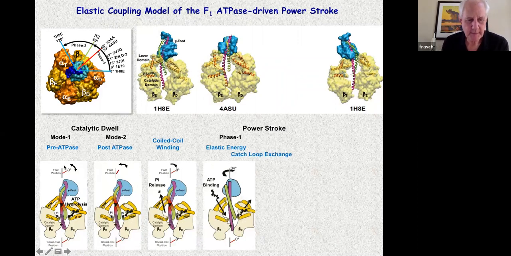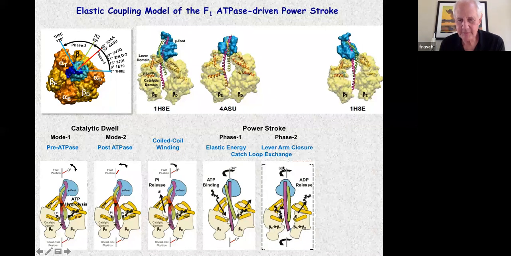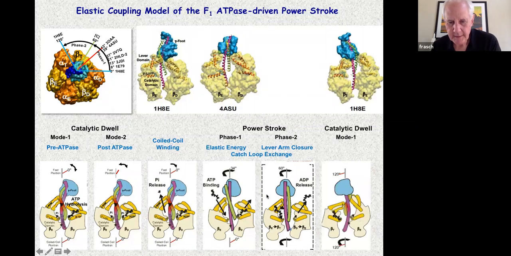sequential mechanism where during the catalytic dwell, we're seeing oscillation. ATP hydrolysis changes that oscillation of the gamma subunit due to twisting. Then you get phosphate release that initiates the counterclockwise rotation of the gamma subunit in phase 1. ATP binds, closes the lever, and now it finishes off the power stroke to go back to the next catalytic